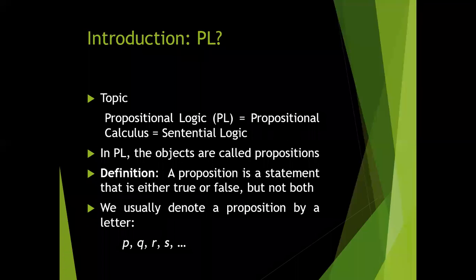The definition: a proposition is a statement that is either true or false, but not both. We have to define things as either right or wrong, not somewhere in between, neither true nor false. We have to be clear whether it is true or false. If something is a statement that can be defined as either true or false, but not both, it is known as a proposition. Usually, to denote a proposition we use small letters P, Q, R, S, etc.